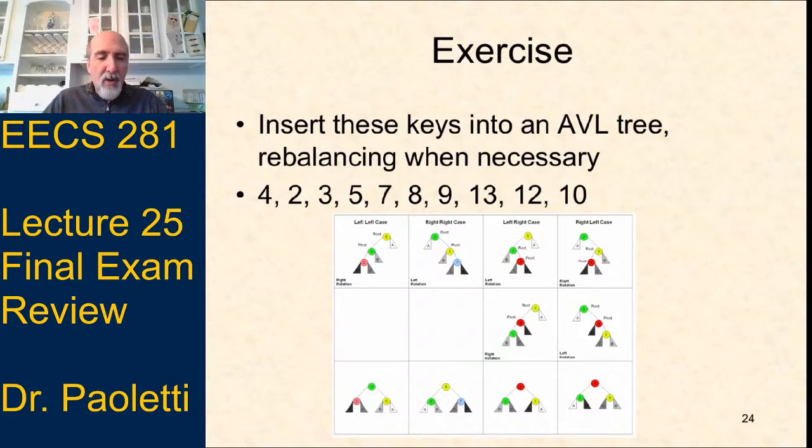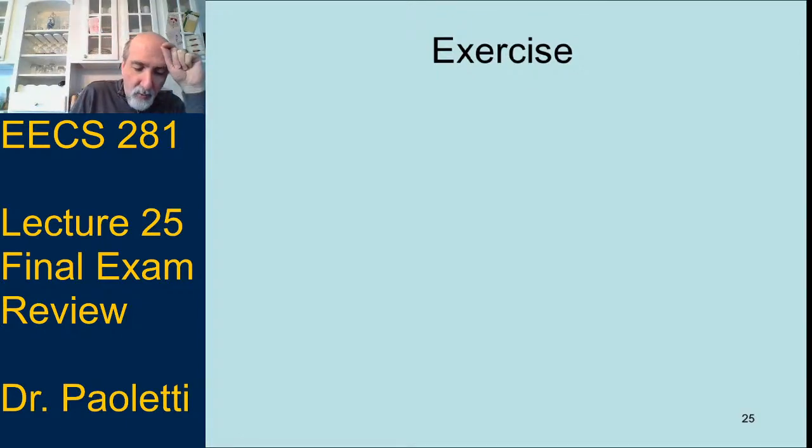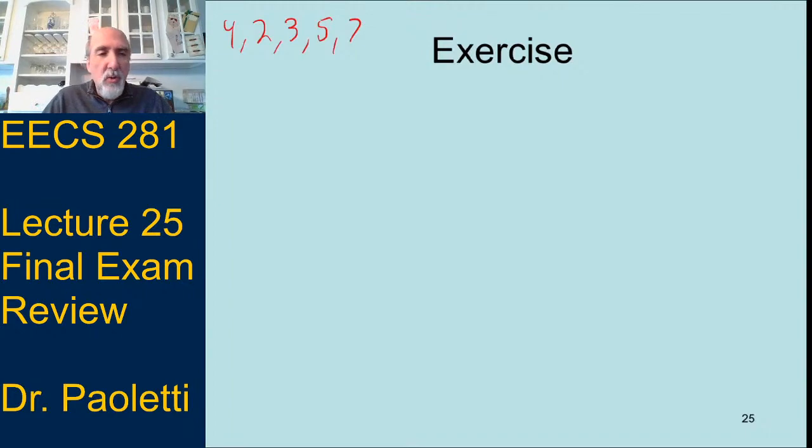So it says we've got a bunch of values that we want to insert. 4, 2, 3, 5, 7. Okay, I'm just going to remember that. So I've got a blank slide here, so we want to do 4, 2, 3, 5, 7. All right, so let's do a few inserts together. So I start with an empty tree. Well, I insert 4, that becomes the root. And then if I insert the 2, that would have to go to the left of 4.